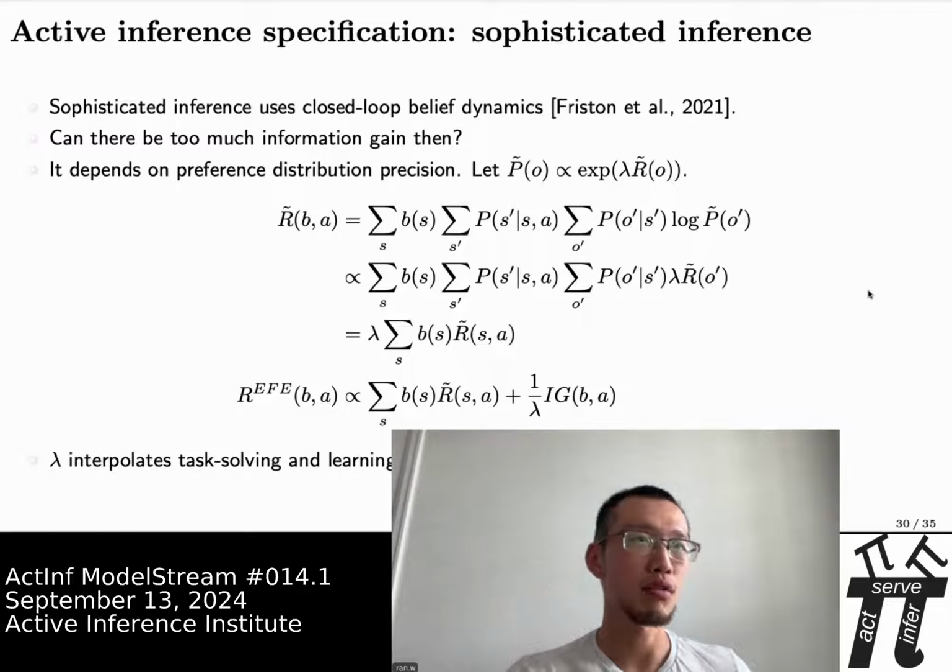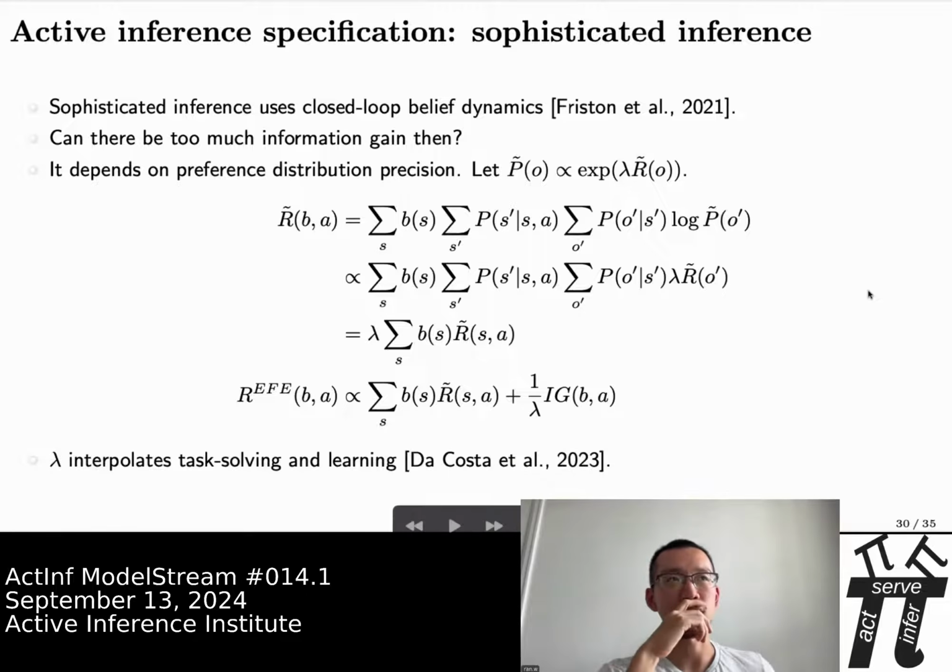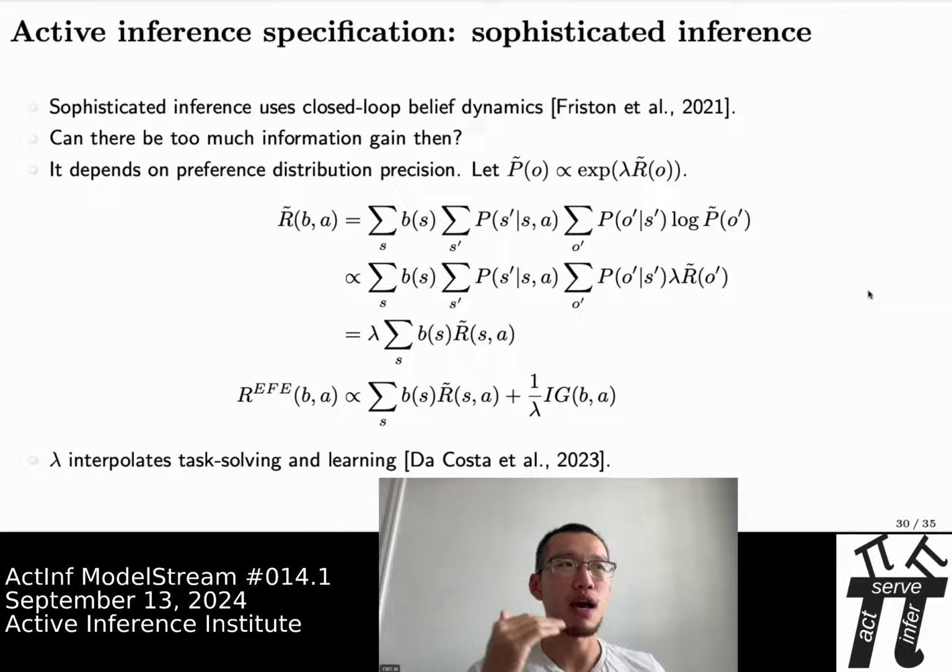So the one final thing is that actually goes back to active inference. The formulation of active inference that I have introduced, I call it vanilla active inference, and it's also the version of active inference that's currently in the main branch of MDP. But in 2021, people have proposed a variation of active inference called sophisticated inference. And basically what it does is that it maintains the reward plus information gain as the belief action reward, but it actually uses the closed loop belief dynamics.